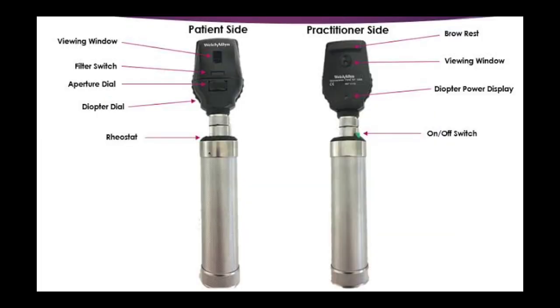Then this is the ophthalmoscope, which is used to see the fundus or the retina of the patient. You can see here that one side is used by the doctor, and the other side is kept towards the patient's eye. And you can see the different parts of the ophthalmoscope. Then there is an on and off button, which helps us produce light from the ophthalmoscope, and through this light we're able to see inside the patient's eye on the retina.